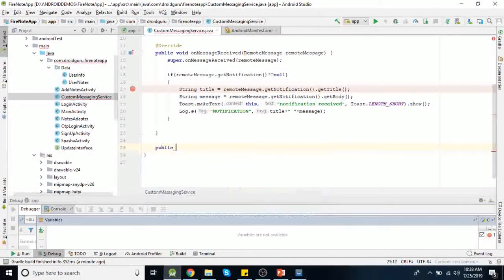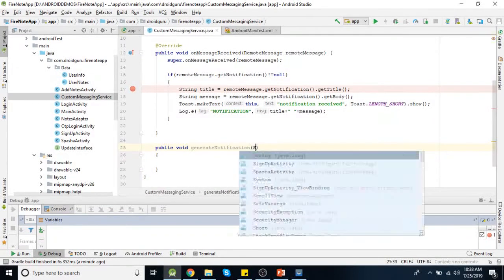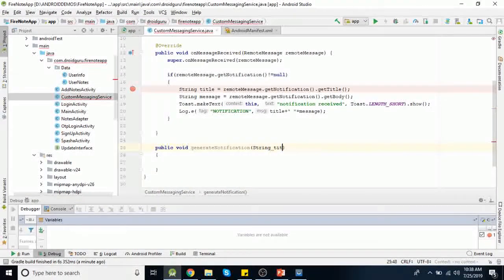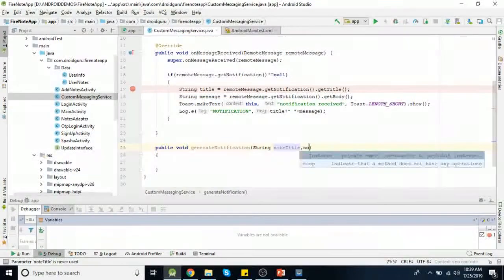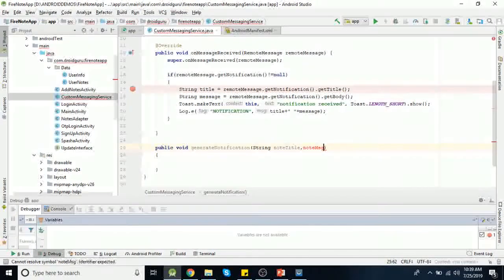Say I'm creating one method, say generate notification. We need to pass our title and message here. So notification title and notification message.